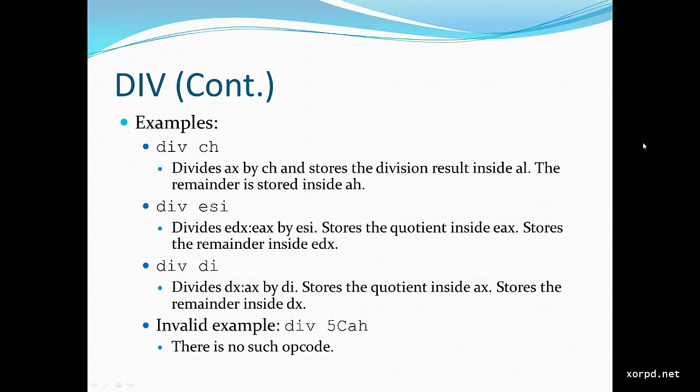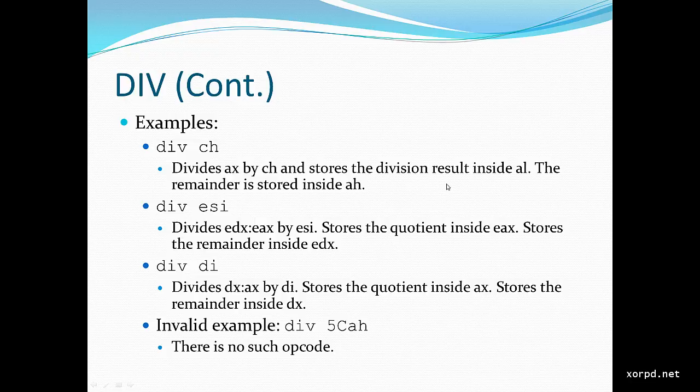Some examples for using the div instruction. Div ch. This instruction divides ax by ch and stores the division result inside al. The remainder is stored inside ah. I remind you that ch is of size 8 bits. The next one, div esi. Esi is of size